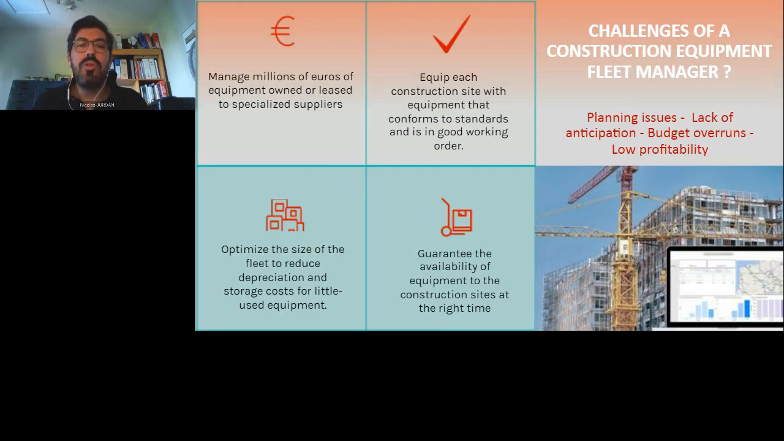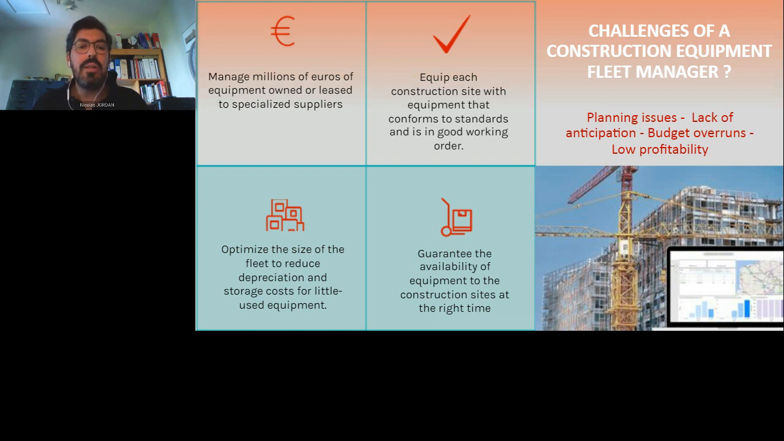So first of all, so that you really understand what we are talking about around ROI, a very important construction company is managing millions of euros of equipment, which is owned and often also leased to specialized suppliers. And this, of course, as you can imagine, is extremely costly: equipping each construction site with equipment. It must conform to a standard and must be in very good working order, because if you have an issue with a large piece of equipment,